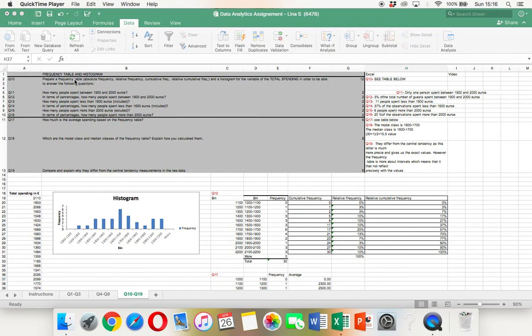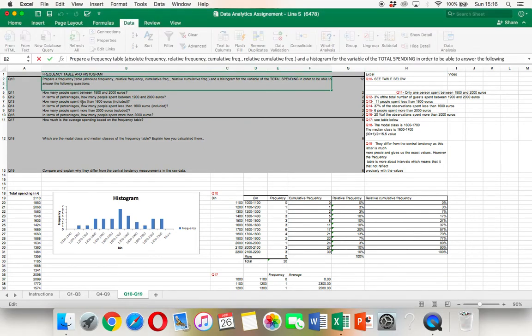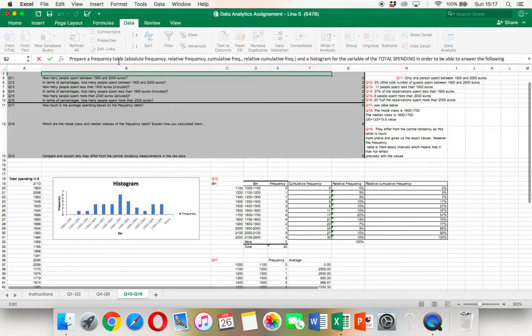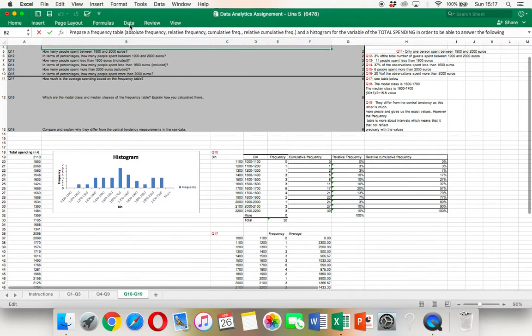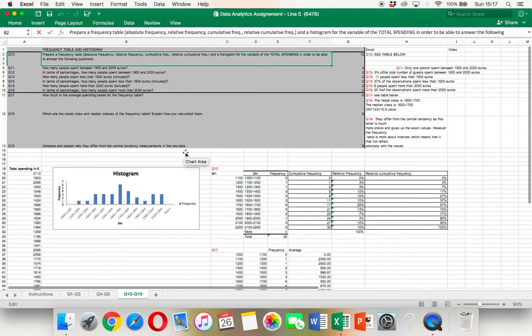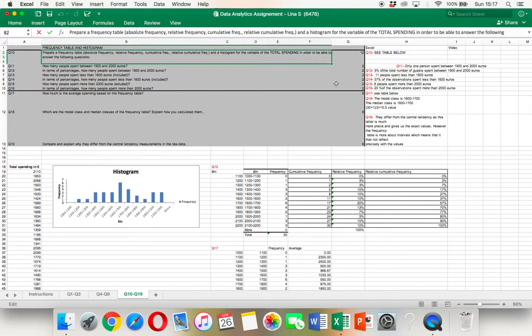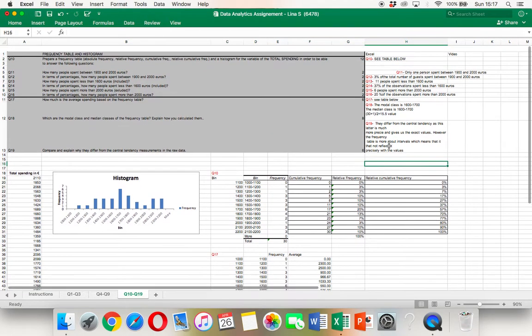10th question is prepare a frequency table, absolute frequency, relative frequency, cumulative frequency, relative cumulative frequency, and a histogram for the variable of the total spendings in order to be able to answer the following questions. So, first thing we would be doing is, as I told you,